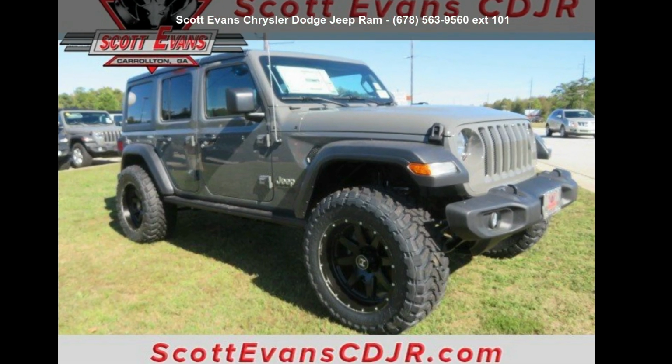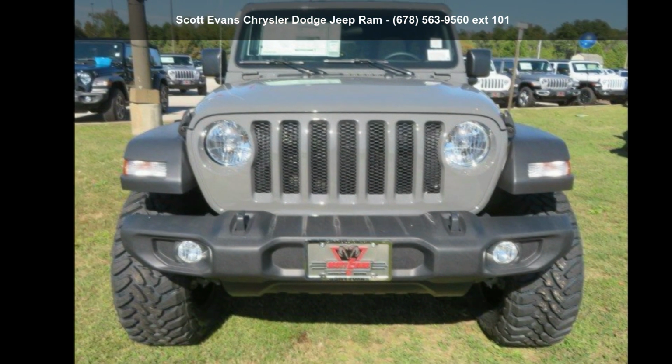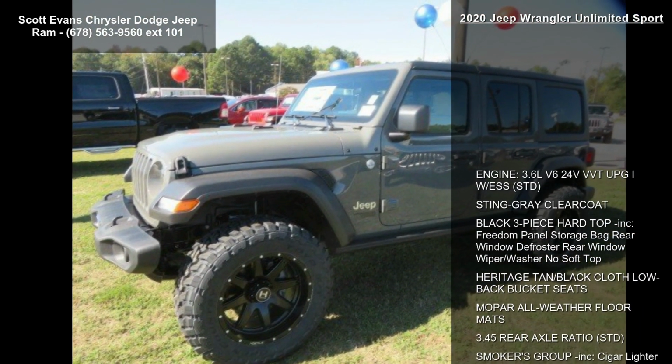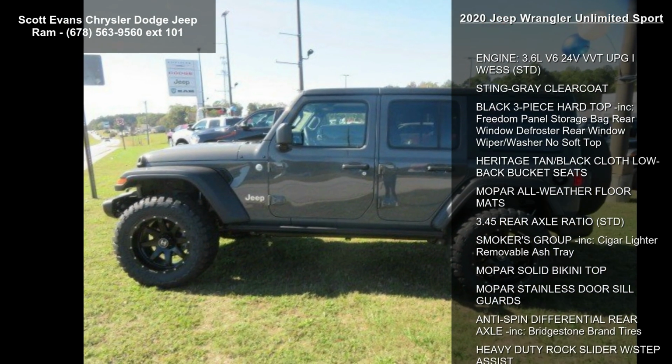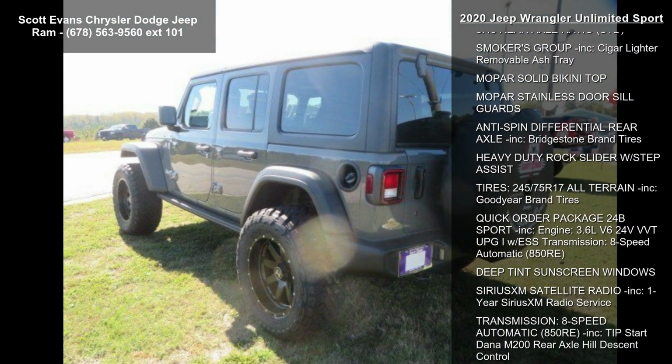Step into the Jeep 2020 Wrangler Unlimited Sport. This may be the set of wheels you've been looking for. Enjoy these notable features: engine 3.6L V6 24V VVT UPG1 with ESS, STD, Stingray clear coat, black 3-piece hard top